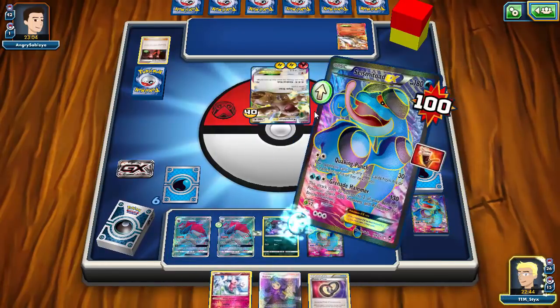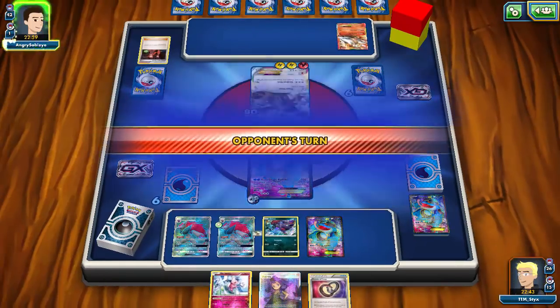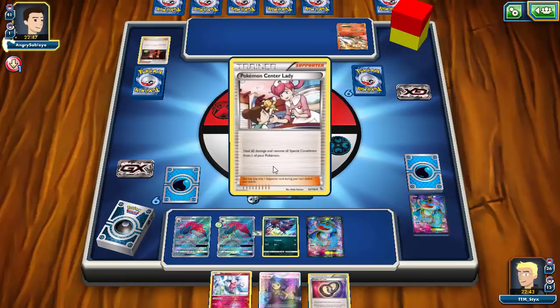We can go ahead and play that onto the Seismitoad, and then Quaking Punch. This does two things. It not only locks him out of items, but also puts him in range of Zoroark. Next turn, what I can do is just Acerola up the Seismitoad. There's no way my opponent can KO me this coming turn, unless they play a Xerosic, or...